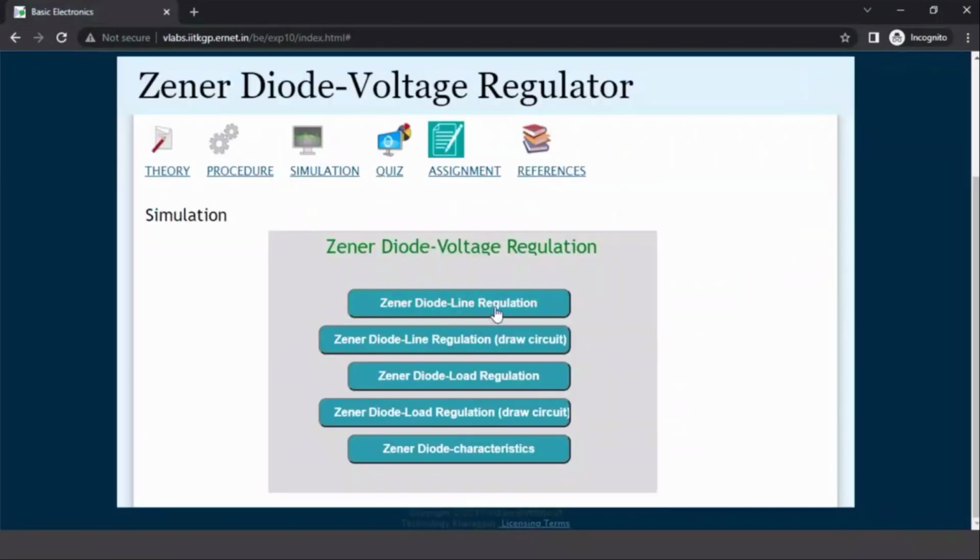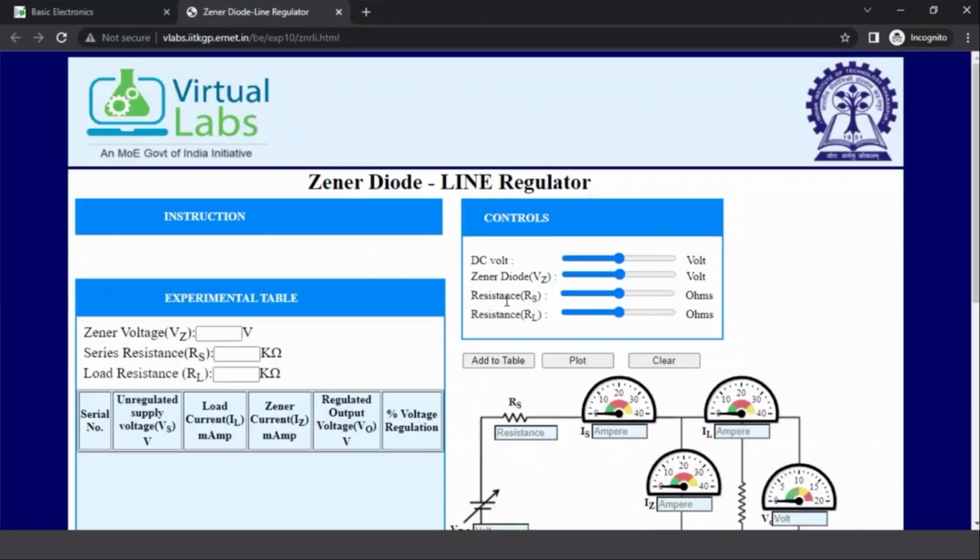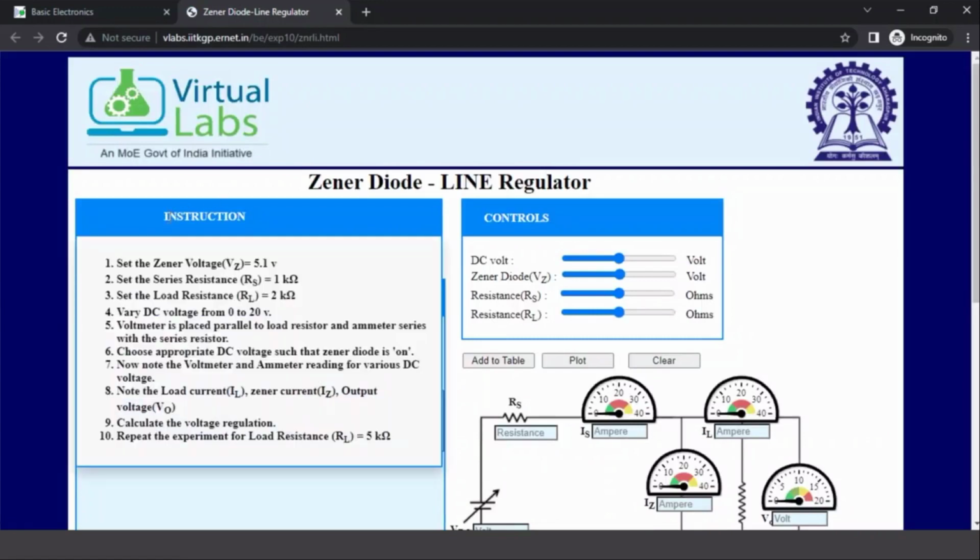Next is line regulation. Just now we have seen the Zener as a voltage regulator. How does it work? The input voltage can be varied within a specific range, still the output voltage will remain the same for a Zener diode voltage regulator. In the load regulation case, it is just the opposite. The load is varied and the input is fixed, but still the output voltage will remain the same. So basically regulation means the capability of this Zener diode as a voltage regulator to maintain the voltage even if there is some change in the parameters at the input side or the output side.